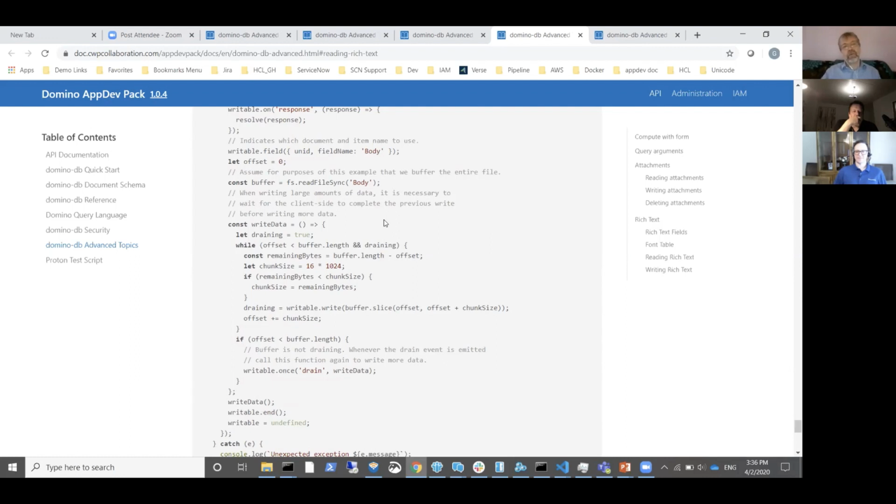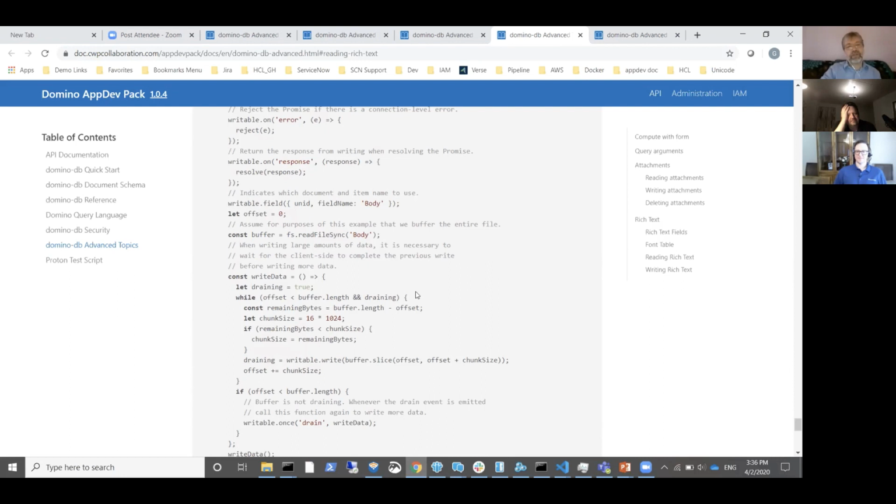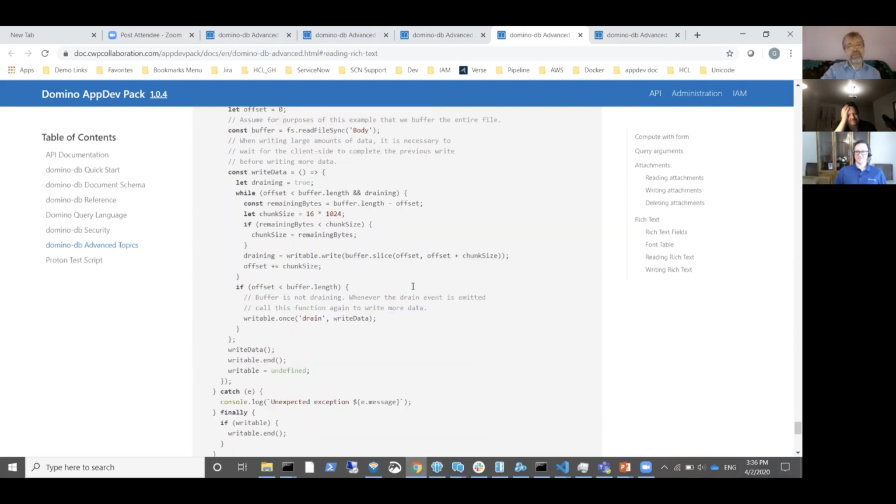So you have to have a function that essentially pauses and waits for the drain event to happen before writing more data. You write a bunch of data, this thing returns false. You come down here and you say, call me whenever you're drained, when the buffers have drained,